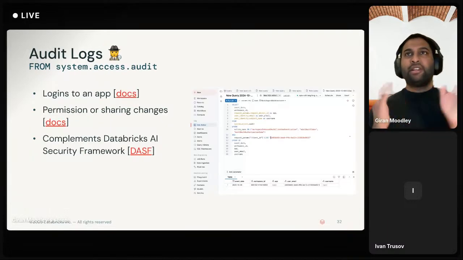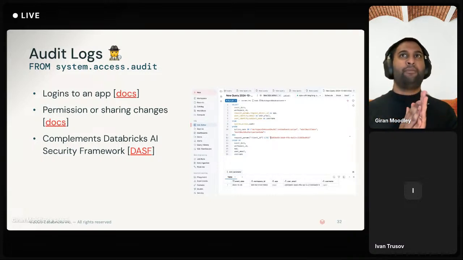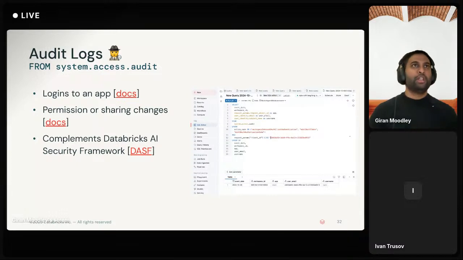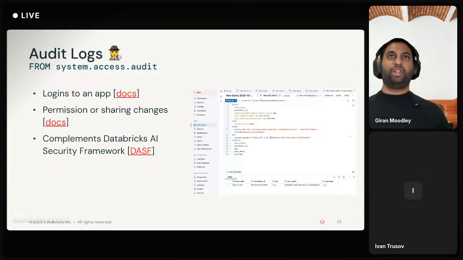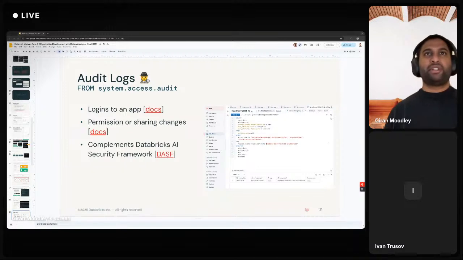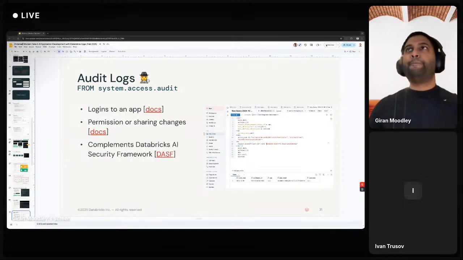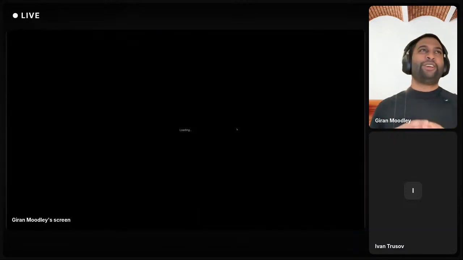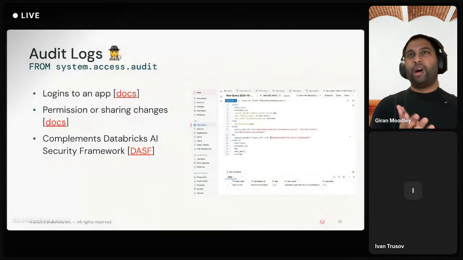Okay. And lastly, just to wrap this up, again, we appreciate that security and governance is of the utmost importance. So we want to make sure that users and, let's say, system administrators have a way to understand how applications are being used.